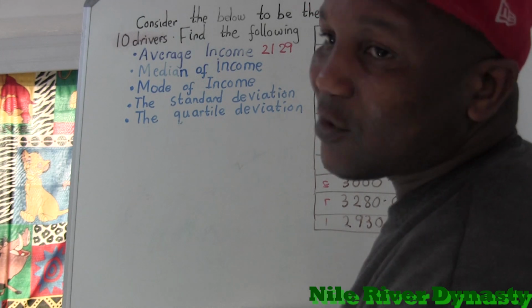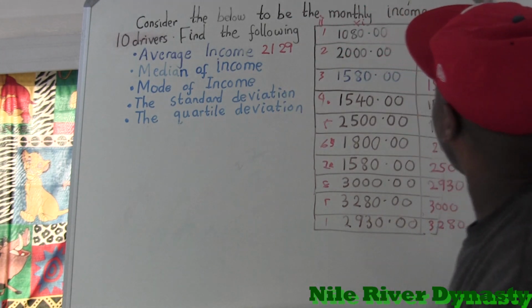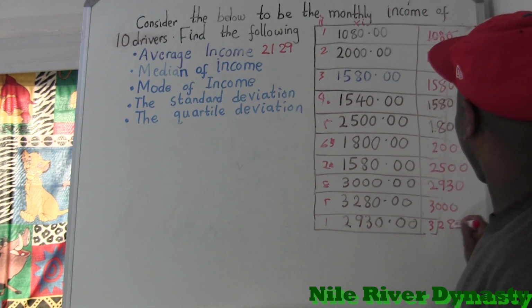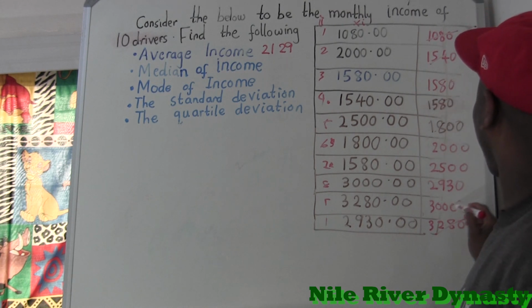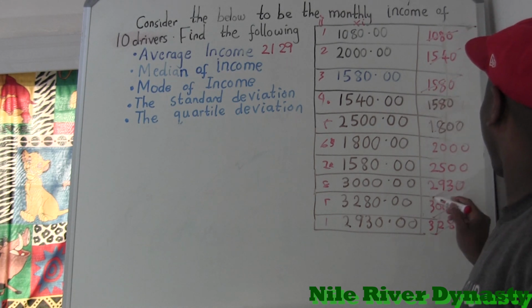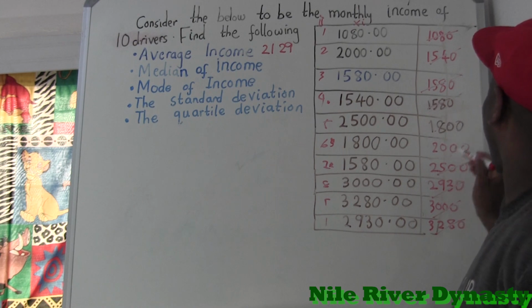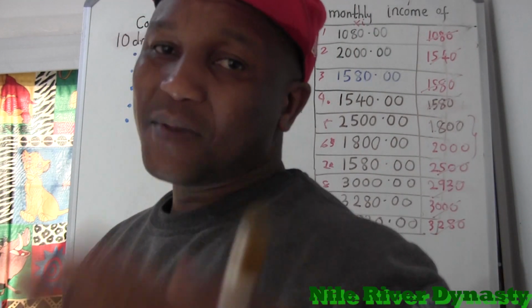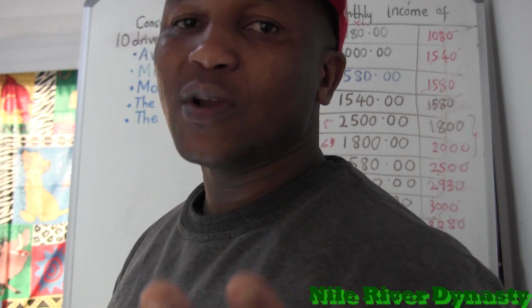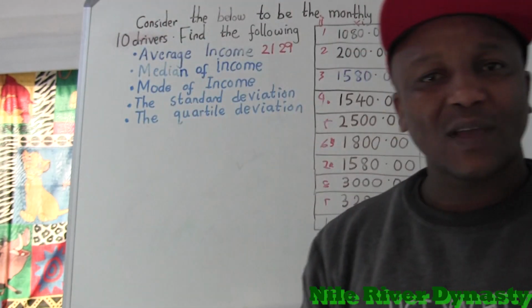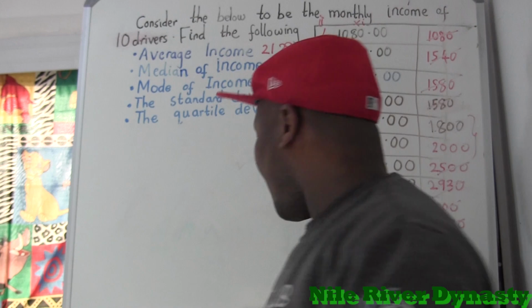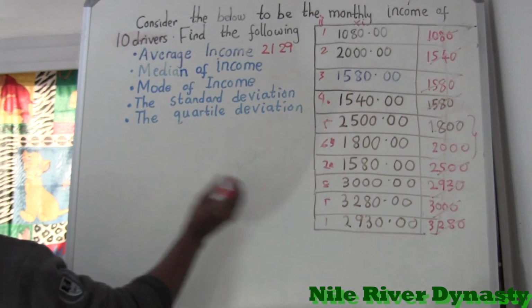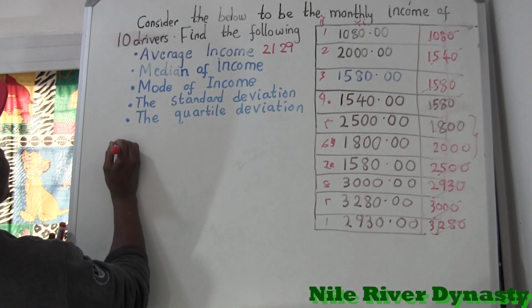From there, what you do is cancel one here, cancel one here, cancel one here, and so on, from both ends. So we are left with 2. So you add them and then divide by 2. If you are left with 1, that's your median. But for this case, since you are left with 2, take those 2, add them together and divide by 2. So for this case, our median income